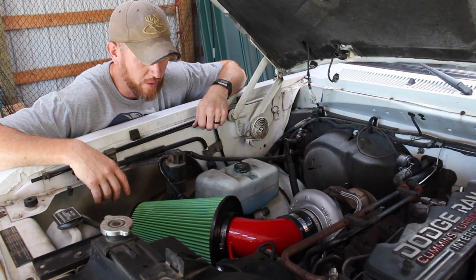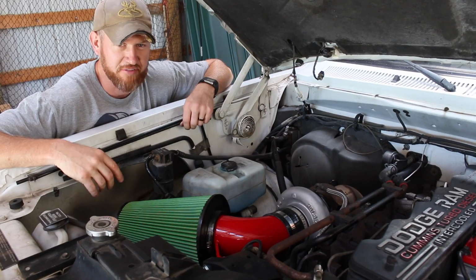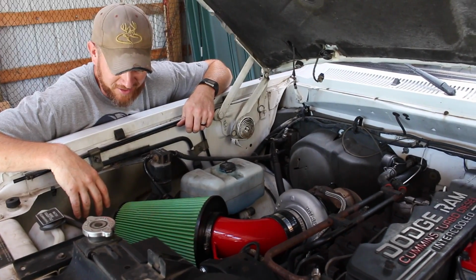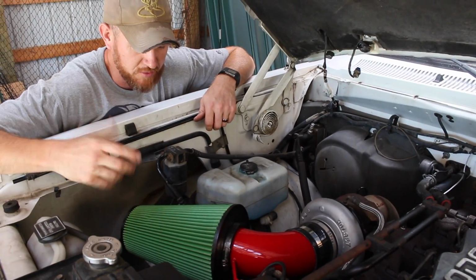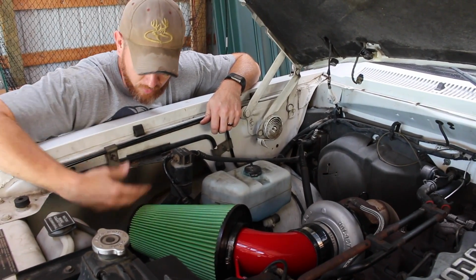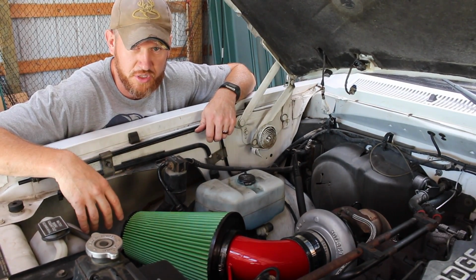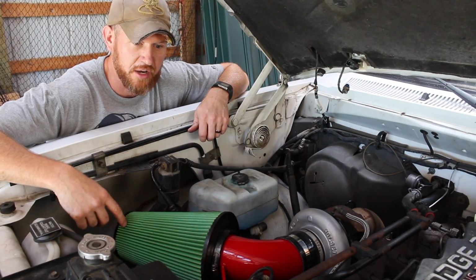Looks good. All right, so we're going to go ahead and take this thing on the test drive because we expect it to be like a fire-breathing dragon at this point, because that's what a cold air intake will do for you. But this is one of those things, like I said, it does look cool. I know it's going to function better than the last one. It's going to pull that cold air up. But if it's something you're wanting, you can go to Pusher. It's not on their website, like I said, so what you'd probably have to do is shoot John an email